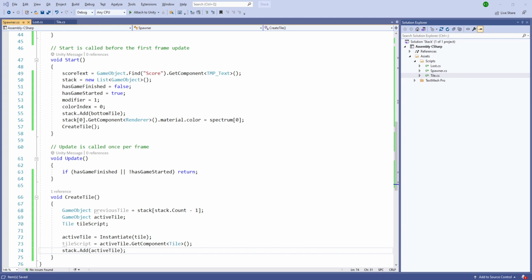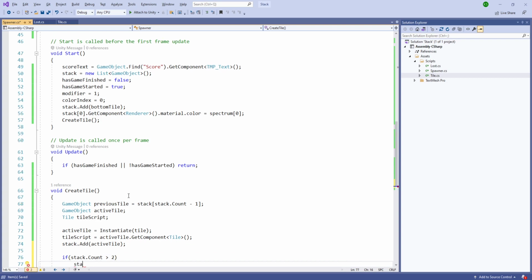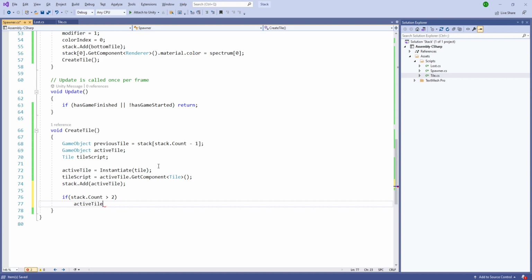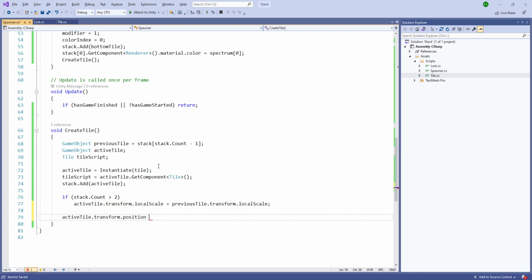We have two tiles. Let's size. So if stack dot count is greater than 2 and active tile dot scale is going to be previous tile dot transform dot. So the scale is created. Now we need to change the position. So active tile dot transform dot position